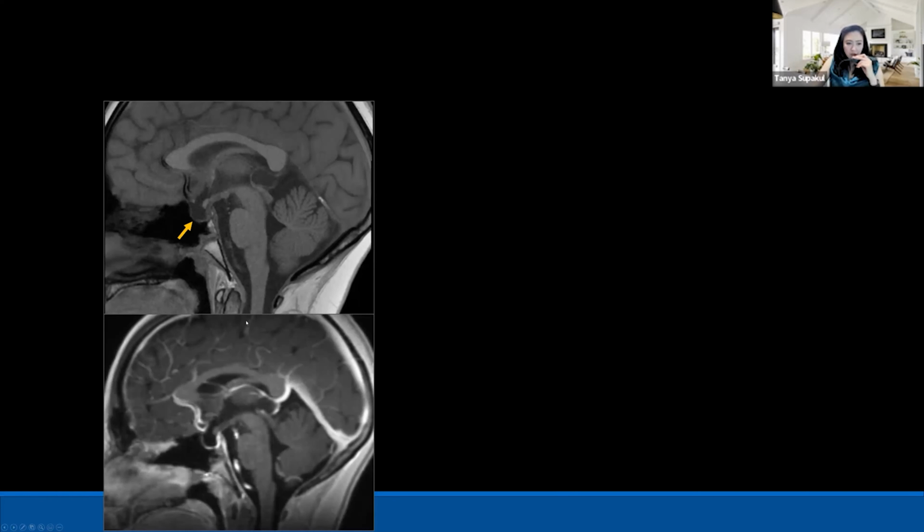This patient, the first thing that you can see here, a teenage patient, why? The patient has a partially empty sella. It's like CSF in the sella area. So when a patient has a partially empty sella, you need to think about maybe some increased pressure in the brain or maybe some kind of obstruction. And then when you check the pineal gland, pineal region, there is some cystic stuff in the pineal area that shows peripheral contrast enhancement. How can you know this is a pineal cyst or something of pineal origin? Because you can see the vein of Galen and internal cerebral veins, and that cystic lesion just underneath the internal cerebral veins.